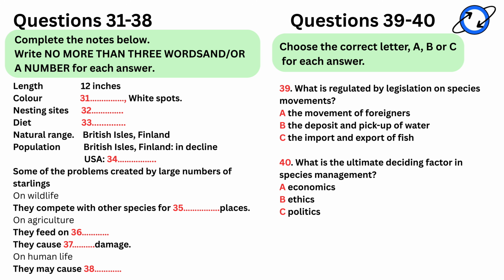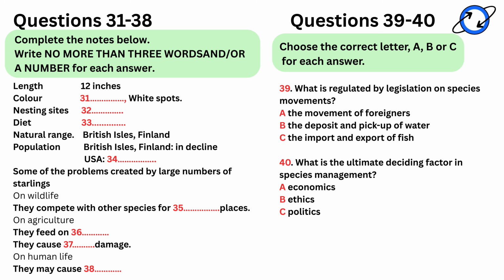The starling to us in the UK is a fairly ordinary little bird, about 12 inches long. In flight, it appears to be black or grey with tiny white spots, so it's a very ordinary-looking, almost dirty-looking bird. It nests in trees and buildings and can be found in the country and in towns. It travels in large flocks, leaving the nests in the morning and returning in the early evening. It feeds on insects and fruit.